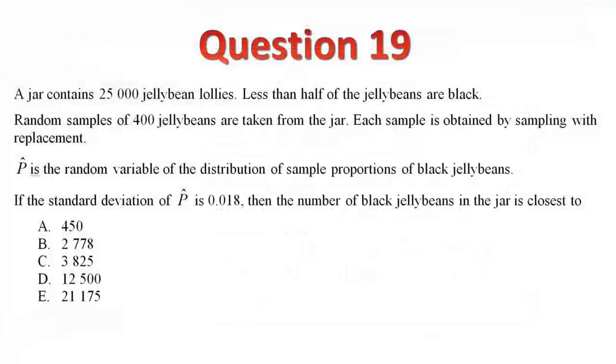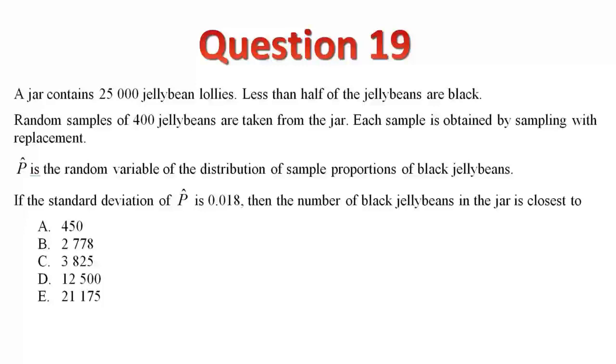Okay, so this is similar to one that was asked on the Northern Hemisphere paper last year. So a jar contains 25,000 jelly beans. Less than half the jelly beans are black. Random samples of 400 jelly beans are taken from the jar. Each sample is obtained by sampling with replacement. So capital P hat is the random variable of the distribution of sample proportion of black jelly beans. If the standard deviation of P hat is 0.018, then the number of black jelly beans in the jar is